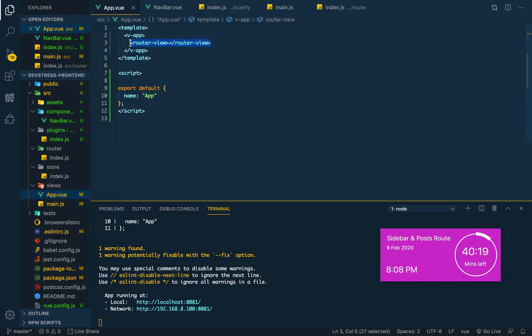The best way to explain this is that when your page runs, it runs the app view. The app view will say, hey, I don't have anything to display to you, but I'm going to look at the URL. If the URL is targeting the home, I'm going to give everything the router is saying. So now we have to go to our